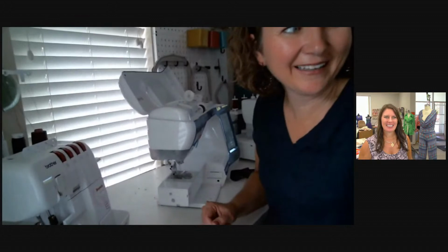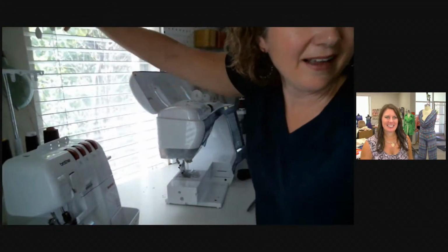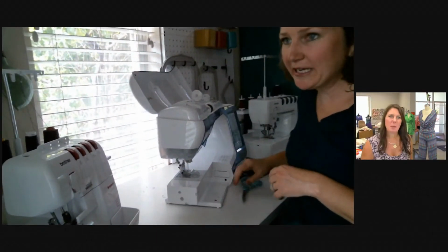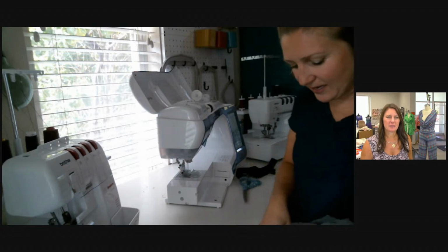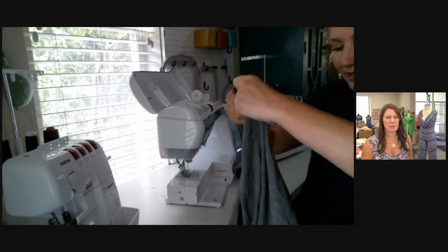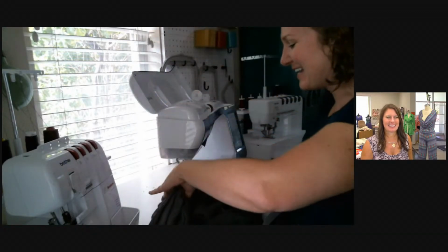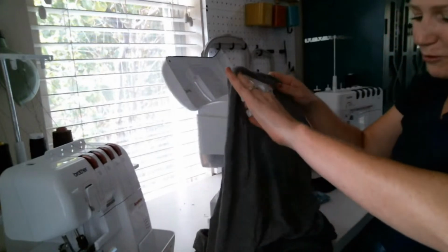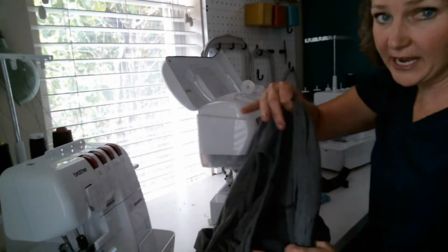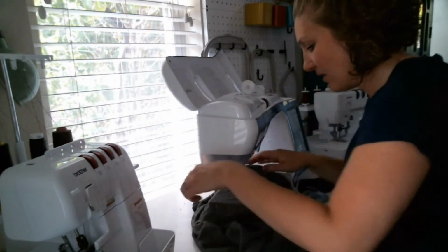When I glanced over, I saw that there were a couple. Someone said a zipper in the waist, that would work too. A zipper on the side would kind of take away some of the easiness of this project, because it is so easy sewing up until this point, but it probably could work. Okay, so through the neck hole, I'm going to slide this onto my machine,